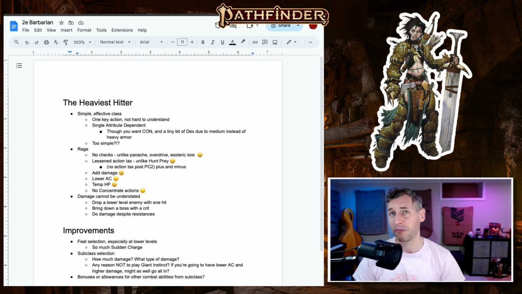But I think that's fine for the most part, because it is your role to hit things and hit things hard, so you shouldn't be spending too many actions trying to do other things. And I do want to emphasize that the damage that a Barbarian applies cannot be understated. You can drop lower level enemies with just a single hit. You can bring down a boss with a crit, and then you can often do a lot of damage despite